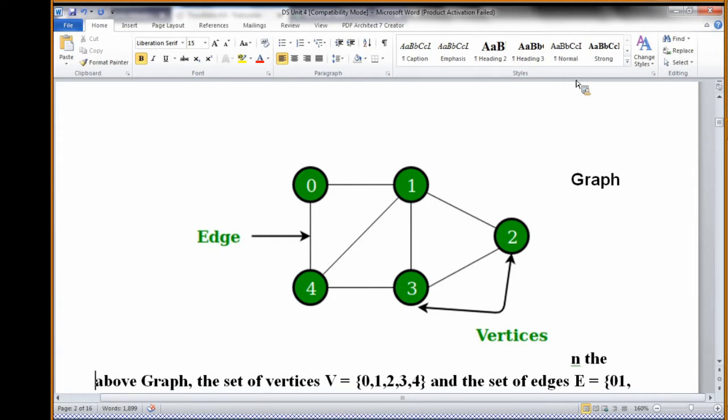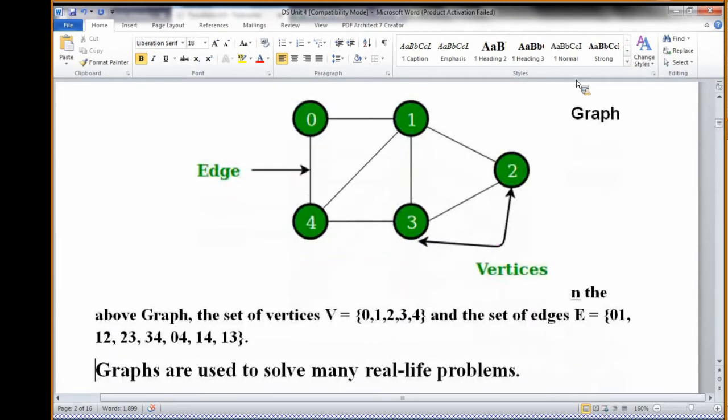These vertices can be represented with a single-dimensional array like this: V equals 0, 1, 2, 3, 4. If they are A, B, C, D, E, the first node will be identified as 0, because in an array, 0 is the initial index. And edges, because an edge is nothing but something that connects two nodes, are represented using a two-dimensional array, like 0,1; 1,2; 2,3; 3,4; 1,4; 1,3; 1,2.